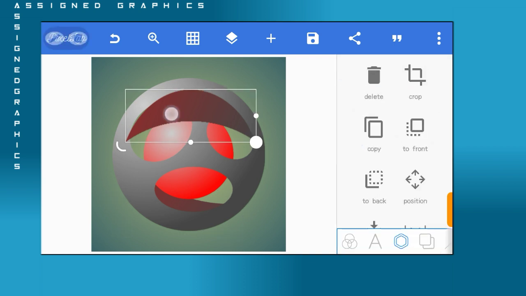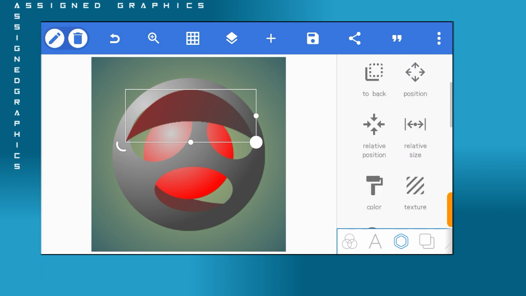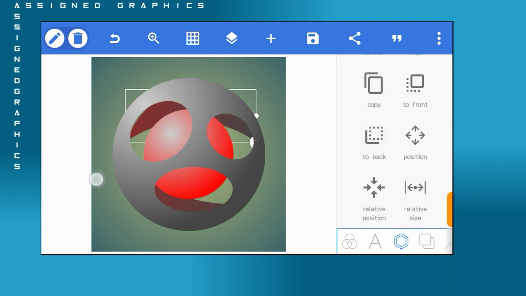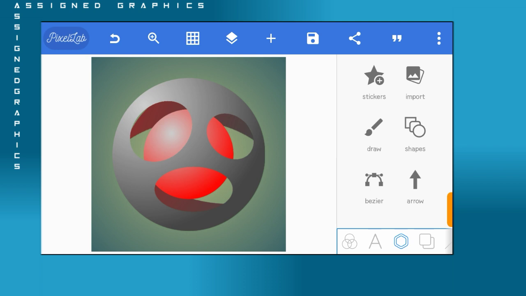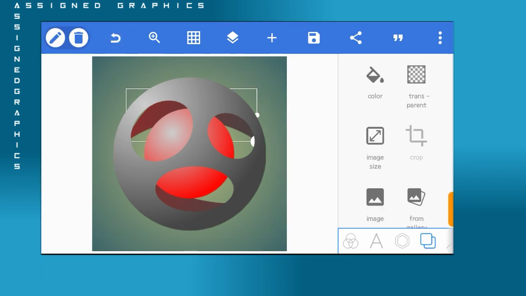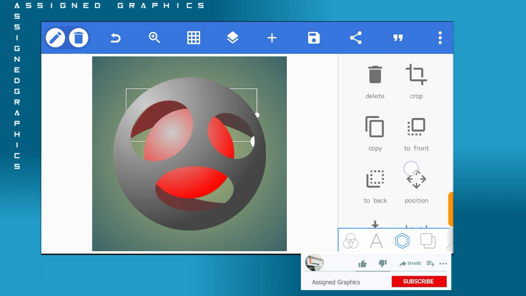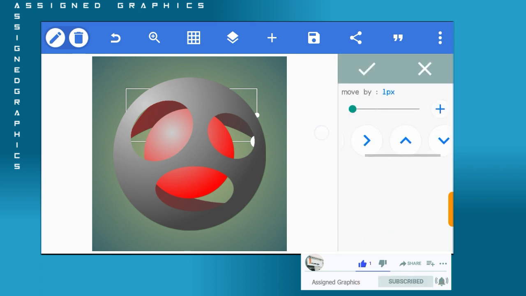You're going to do the same thing to the other semicircle shape there. You send it to the back. You see now we are starting to get our abstract logo. You're making some little adjustments so that you solidify your logo. So after that, the next thing we are going to do,